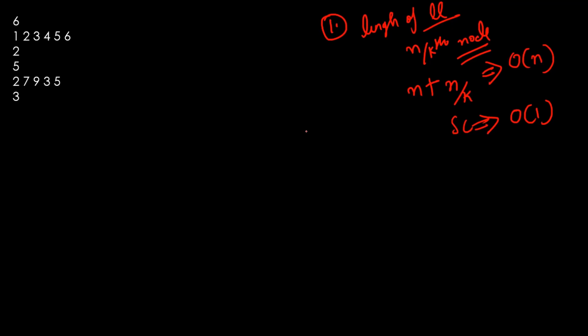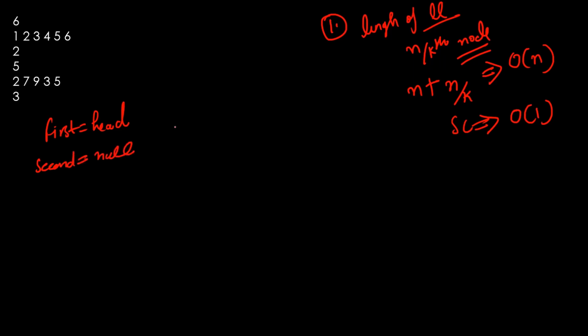Now can we do something better than this? Of course we can. What we can do is simply maintain 2 pointers, first pointer and second pointer. The first one we're going to initialize with head, so it will be pointing to the value to which head is pointing, and the second one we're going to initialize with null value, right?